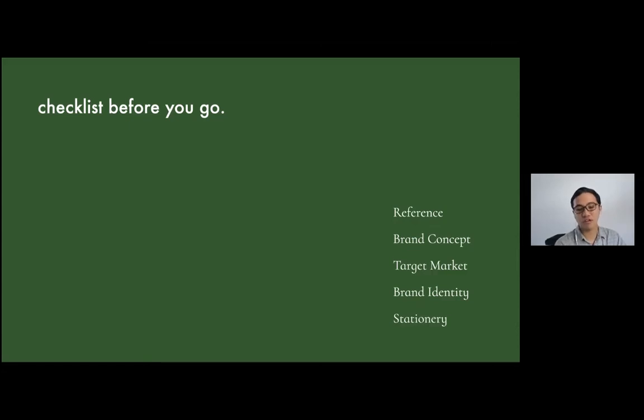That's important also: you need some strong element in your brand. And the last is stationery. Stationery is like business cards, letterheads, and maybe layouts, something like that.